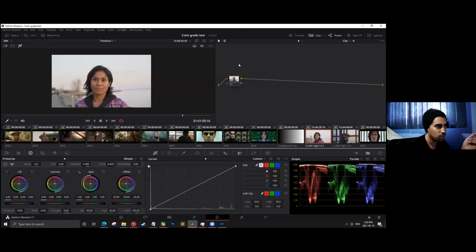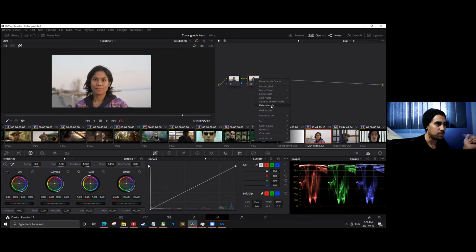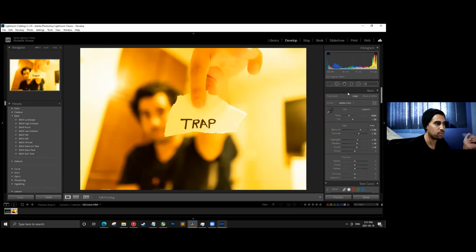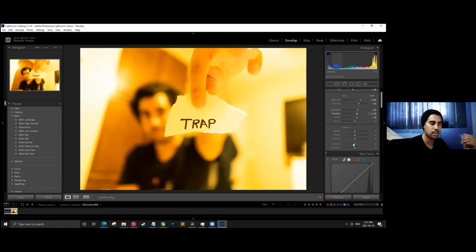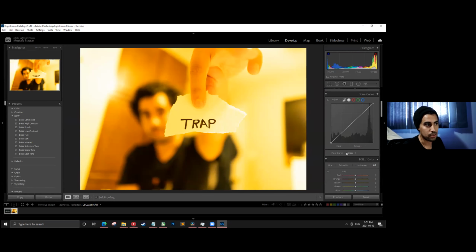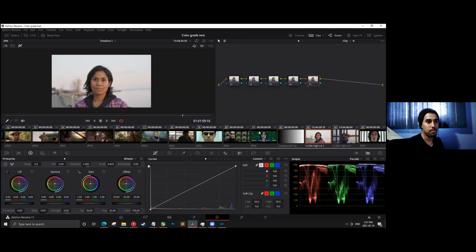What do I mean? So going back here, I'm just going to do a right click and add a node. And I'm just going to keep adding nodes, and I'm going to treat every node as if it was one dial from Lightroom. So I'm going to have a node just for temperature, a node for tint, one for exposure, one for contrast, and so forth. Obviously, I don't need to use everything in Lightroom to color grade an image. So I'm going to apply the same thing for